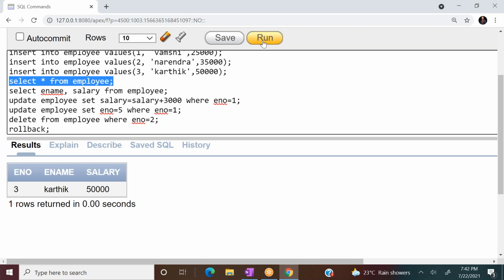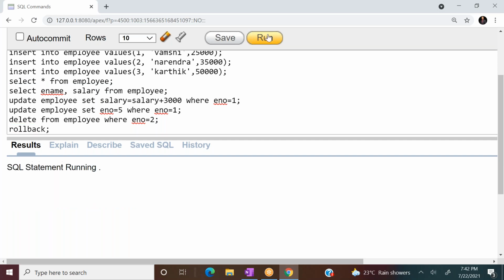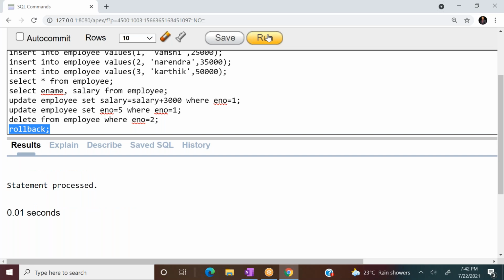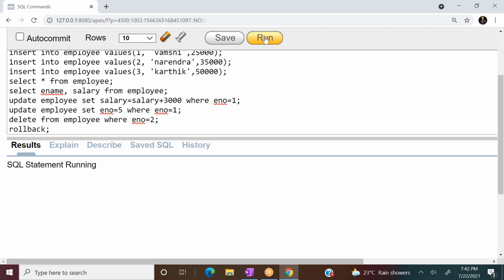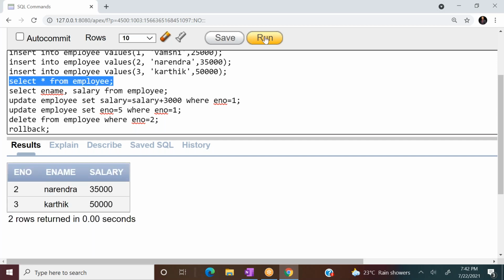Now, because data is deleted, I want to recollect it back. If I want to recollect it back, we have to use the rollback statement. Just click run. Statement processed means rollback is done. Now execute this statement to see whether that Narendra record is rolled back or not.